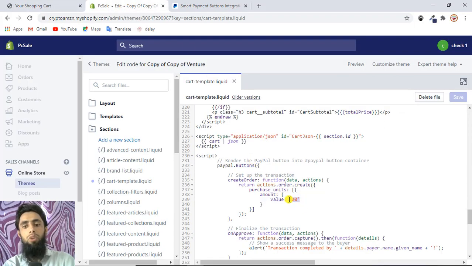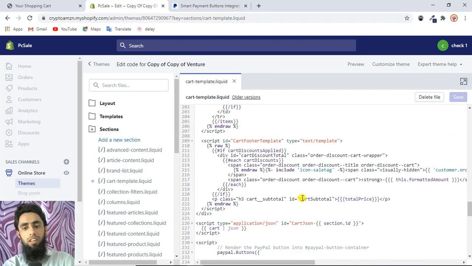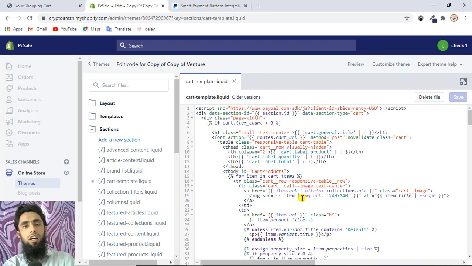That is really important. Why? Because there are a lot of other products, and each product has a different cost, and whatever the cost would be, we also want to get the payment from the customer for that specific amount, rather than creating a fixed amount for each and every product. Right now we have 20, so that means only $20 would be deducted from the account of the customers.